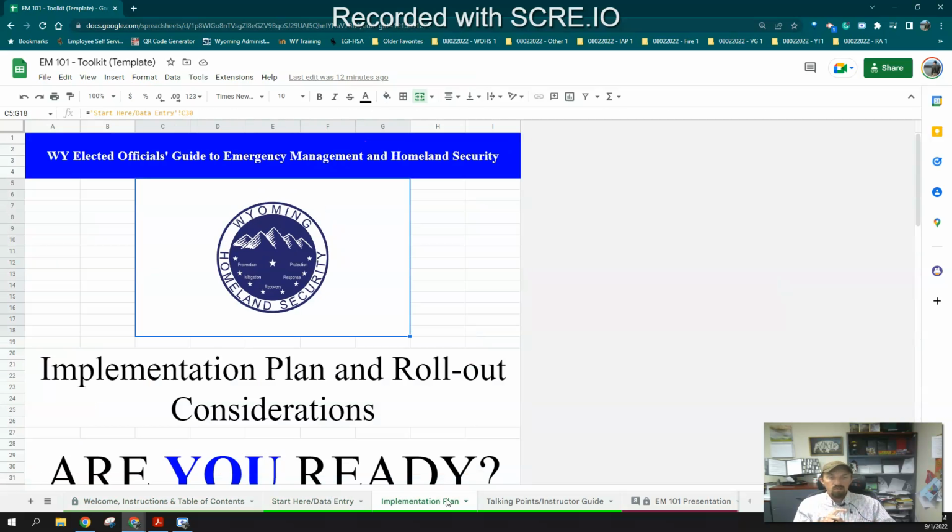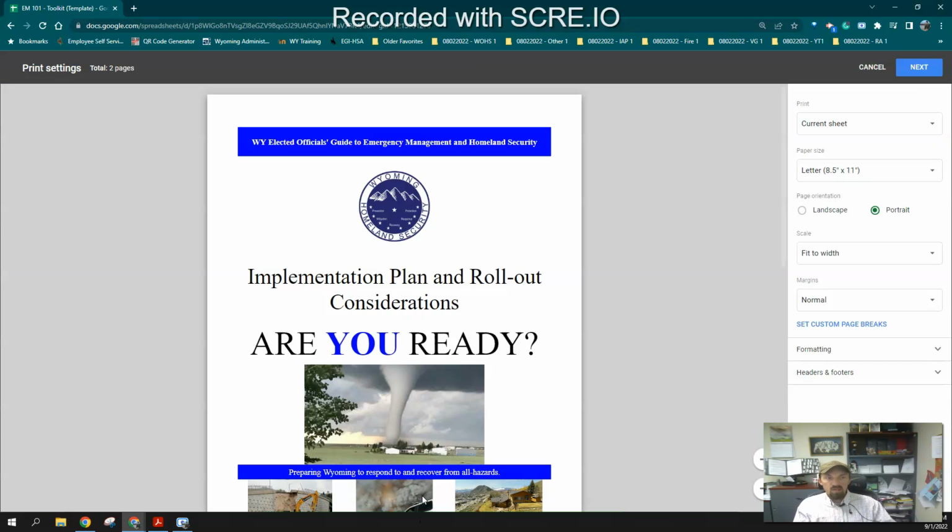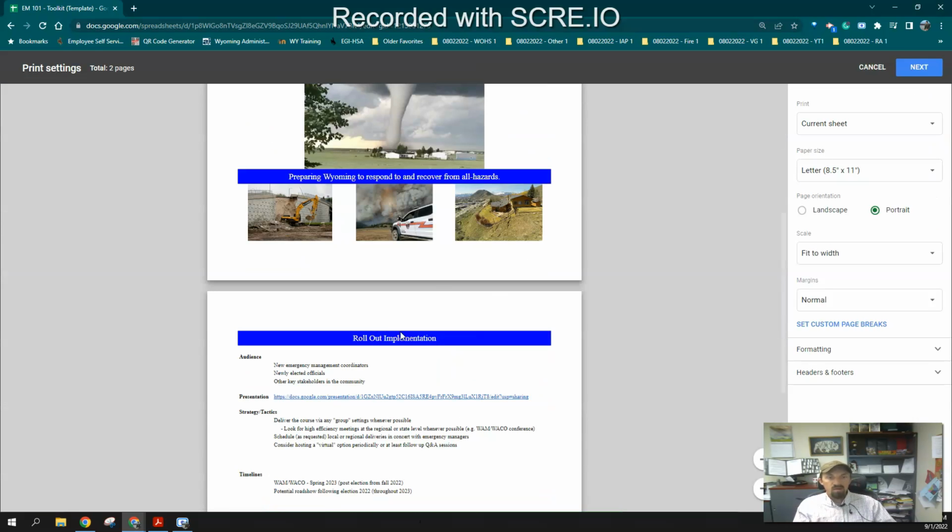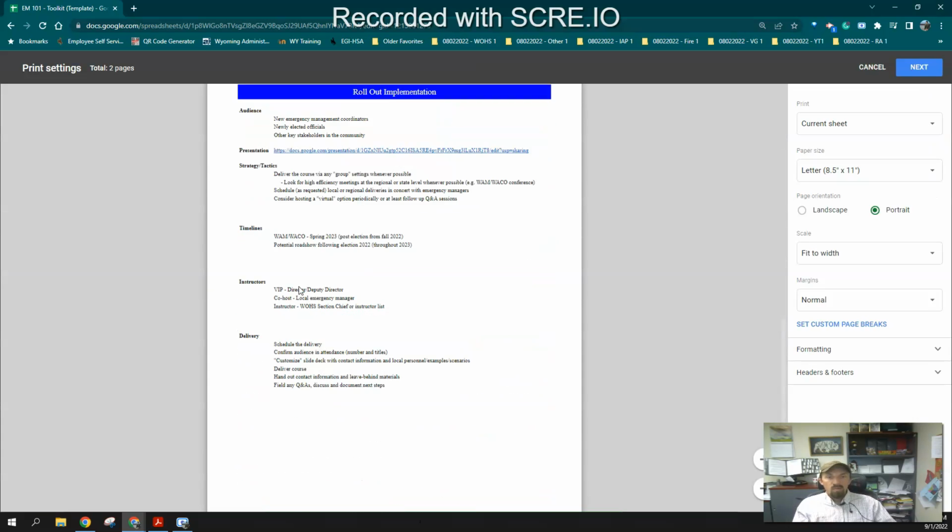So for this one, we'll just skip ahead and we'll talk about our printing and our final products. This one is designed as an implementation plan. You can see Control P brings up the print menu, and how it pops out. Here, again, is some customization that you may want to do, but it gives you an idea of how to go through and